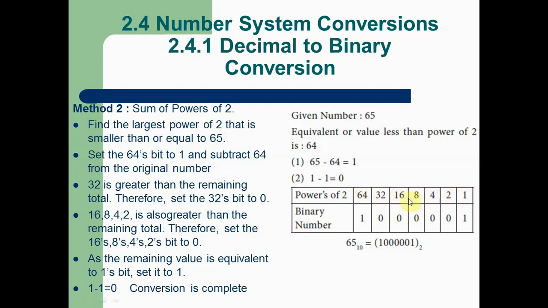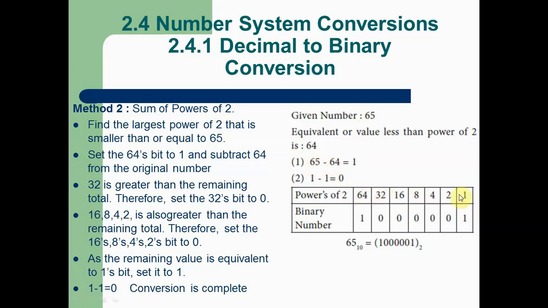So you want to find all the values, till the power value is smaller than or equal to the given number. After that we want to take the last number that is less than or equal and subtract it from the given number. So the given number is 65. So here you want to find the equal number.